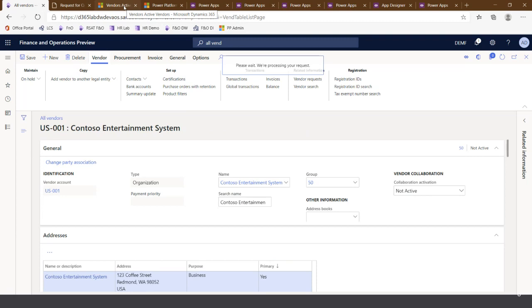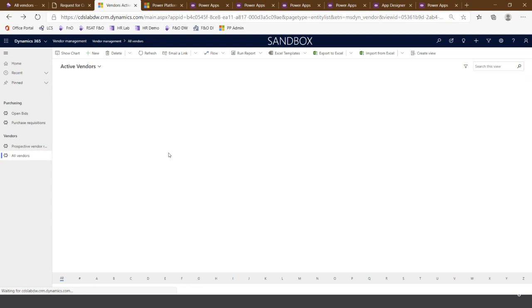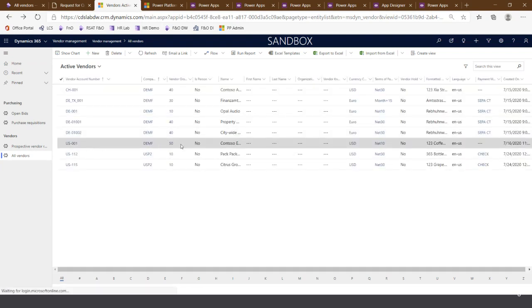And that's the bidirectional capability of the dual write. So if I refresh this, I should see it go back to 50. There you can see it's back to 50. So that's the dual write, and in my case, I enabled dual write, and there was already an entity